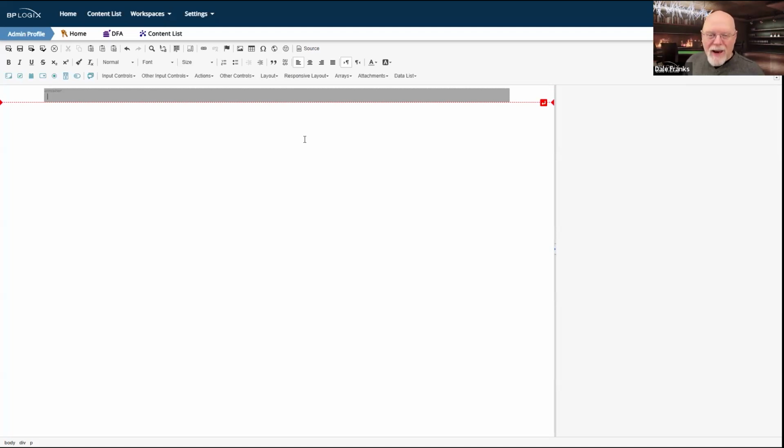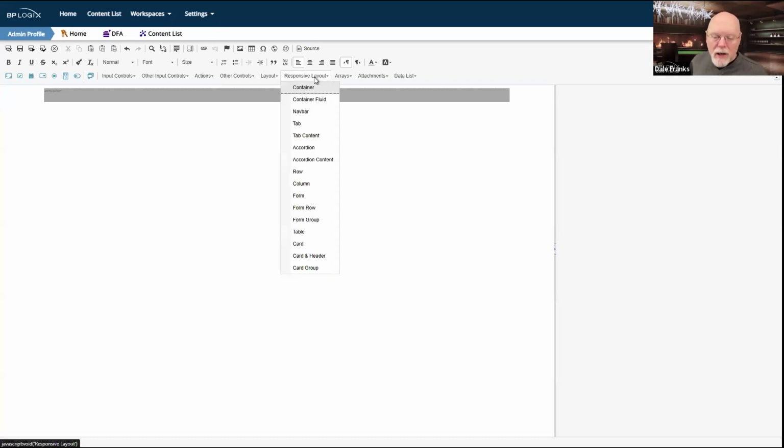So for the row object, because we are using forms and we are building data entry forms, the appropriate object to insert into your container to build your first row, and indeed every subsequent row, is the form row control.